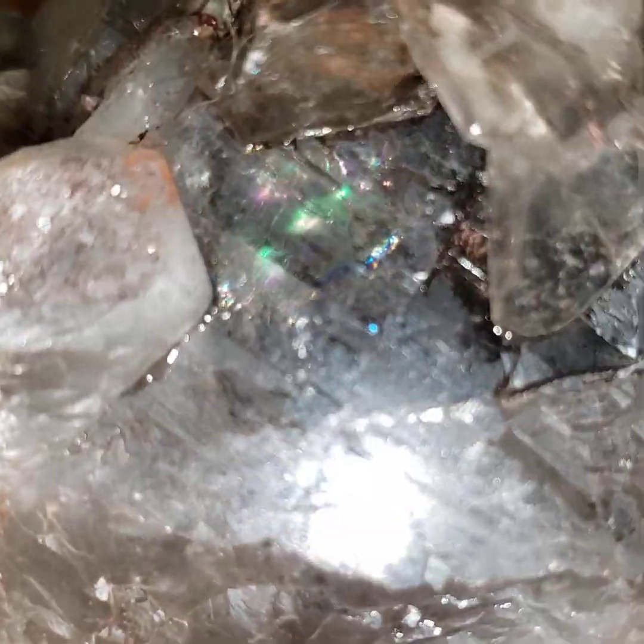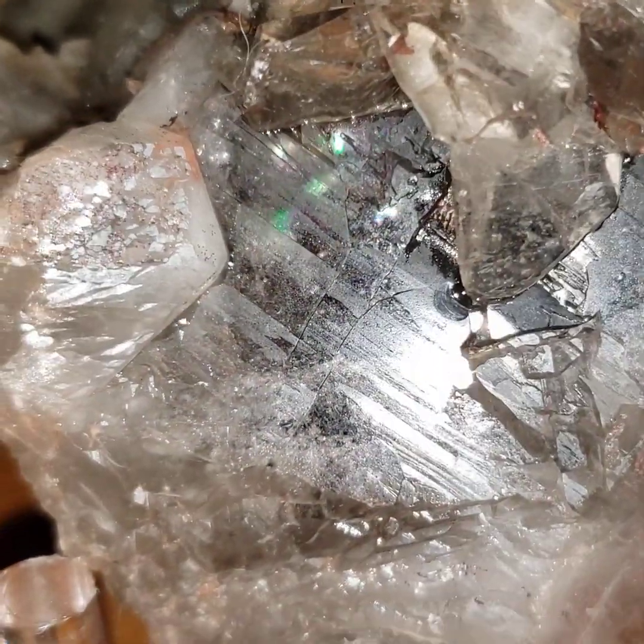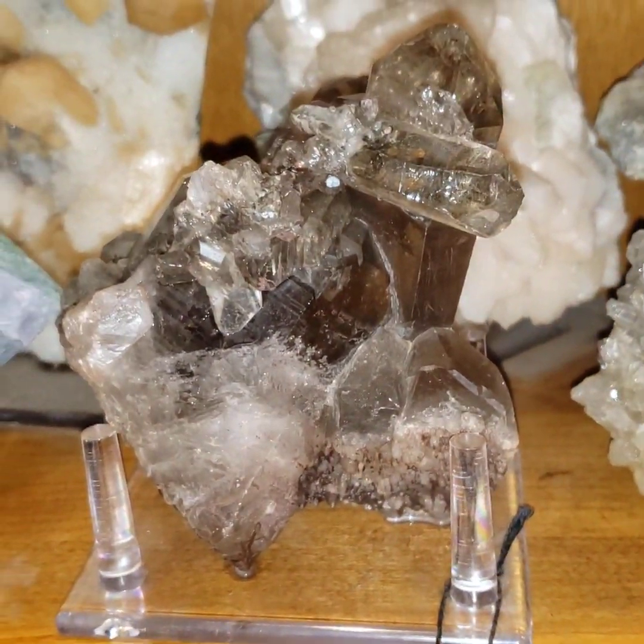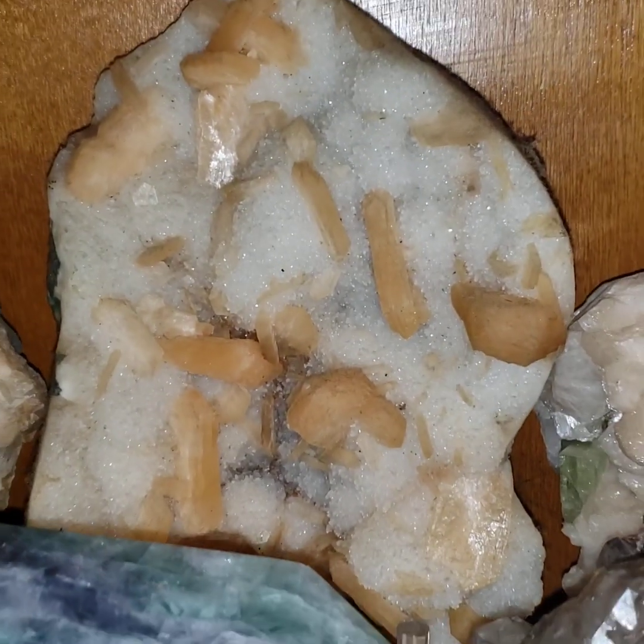And look at the rainbows. See that? That's a fracture inside the crystal. That's natural. And that one is a weird one. In the back, we have Indian